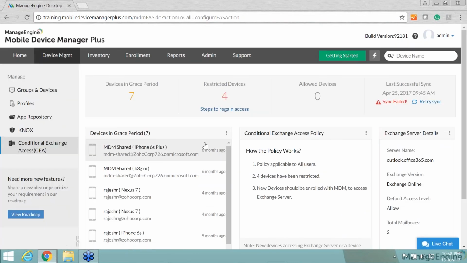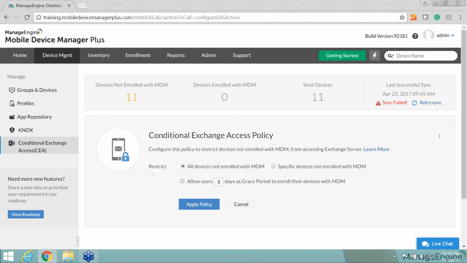You can modify it by clicking on this symbol here and choose whether or not you would want to remove those unmanaged devices that are accessing your Exchange server. Okay, let's proceed.